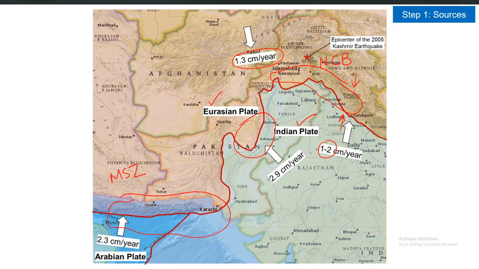Here we have the Koita transverse zones, another important seismotectonic feature which governs the seismicity of this part of the country. And here towards the south we have several strike slip faults, a network of those faults here which is along the main plate boundary. Most of the geological features are along this main plate boundary. So this is a very complex seismotectonic environment. Towards the north there is a thrust boundary, and then towards the south we have the strike slip faults, and also we have the Makran subduction zone towards the further south.